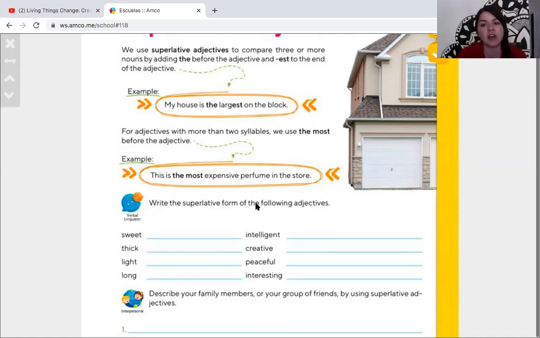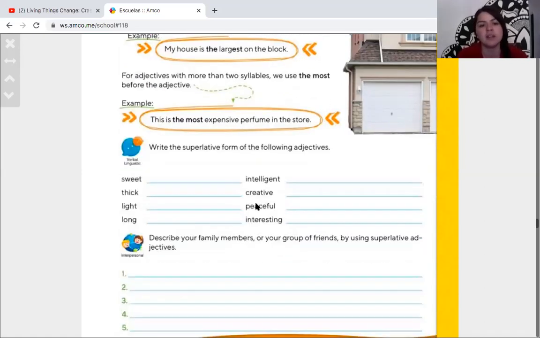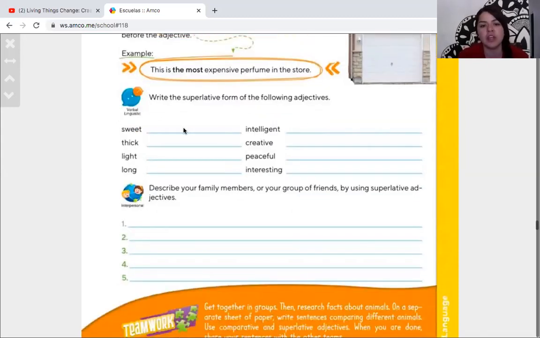Now, let's see the second with a long adjective. This is the most expensive perfume in the store. We are comparing the perfume with all the perfumes in the store. And we are adding the most. Why? Because expensive is a long adjective. Now, we need to do here the same that you did on the last page. You need to